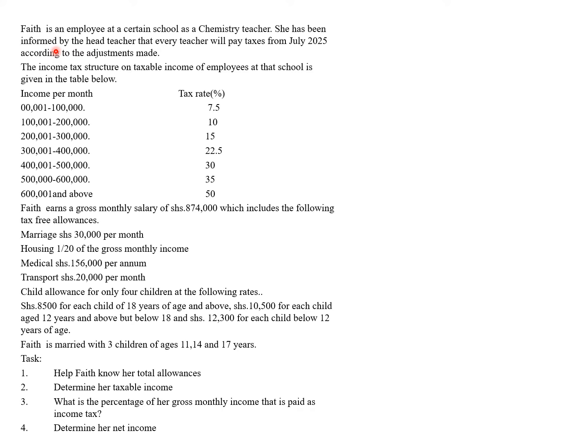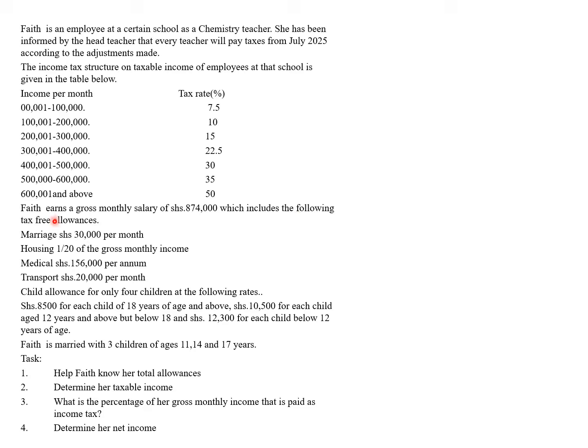We have here our scenario that reads that Faith is an employee at a certain school as a chemistry teacher. She has been informed by the head teacher that every teacher will pay taxes from July 2025 according to the adjustments made, that the income tax structure and taxable income of employees at that school is given in the table below, and here is the table. Then Faith earns a gross monthly salary of 874,000, which includes